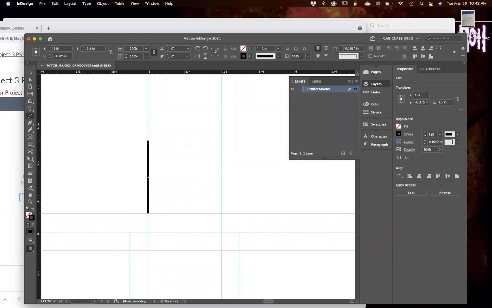Isn't that fun? Again, this is a manual thing we're adding in for our printer to let them know this is where we want it folded. Again, this may be one of those functions a printer may do, but it's great since we're duplicating what we've done in Graphic Design Fundamentals. It's a great thing. Now, the next step, we know it's not a solid line, but it is a